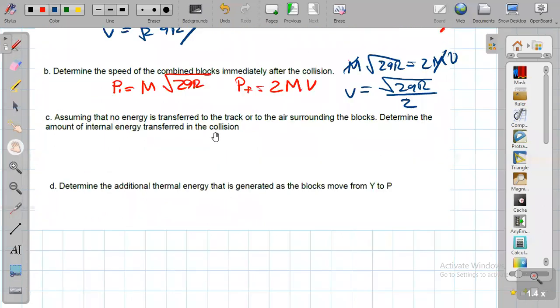Right. Assuming that no energy is transferred to the track or to the air surrounding the blocks, determine the amount of internal energy transferred in the collision. What to do? Before it had what? mgR is the energy. Now you have to subtract half times 2m times v square from that. What is v square? 2gR over 4, square root. So mgR minus